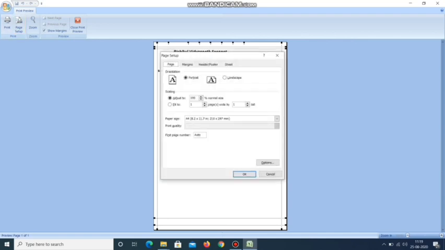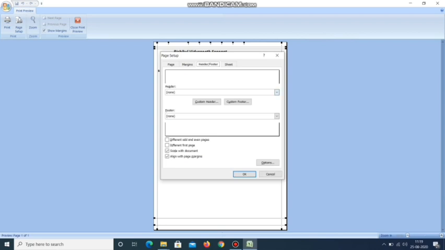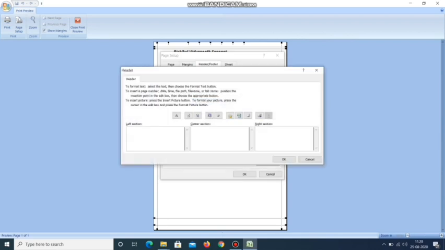After selecting portrait, we can also give header and footer. We can also change the margins from here as well as from this option. To give header and footer, you have to click on the header option, and from there click on custom header.